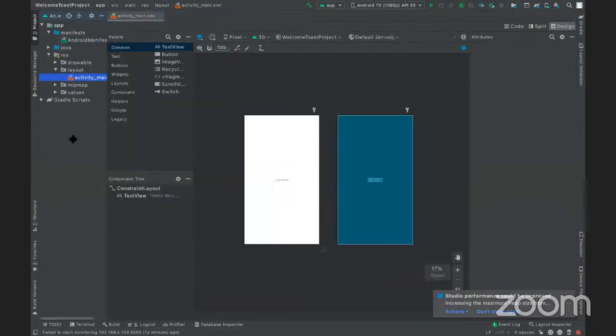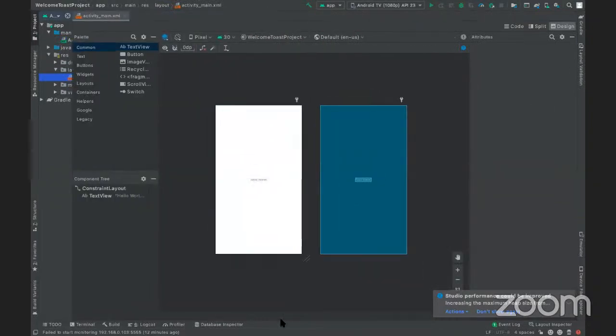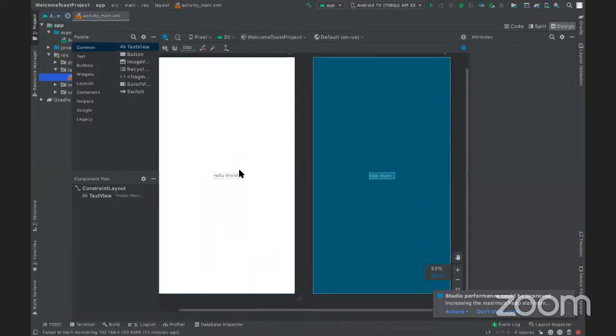So this is basically my front end file. And by default, because you are in the IDE, you will have this hello world text as well. If I zoom in, you will see that hello world is here, right? Now what I need is, first of all, let me just show you that I have already told you